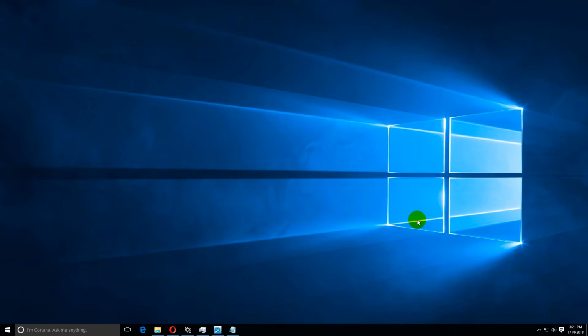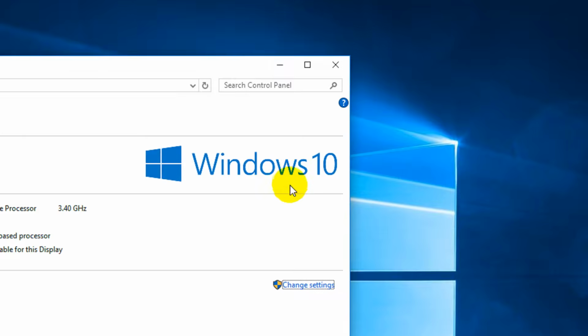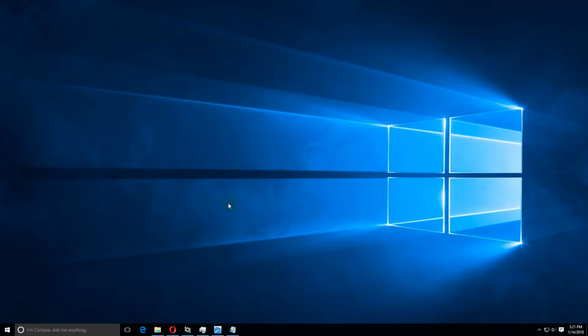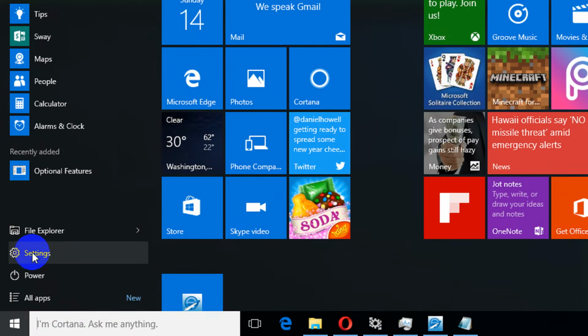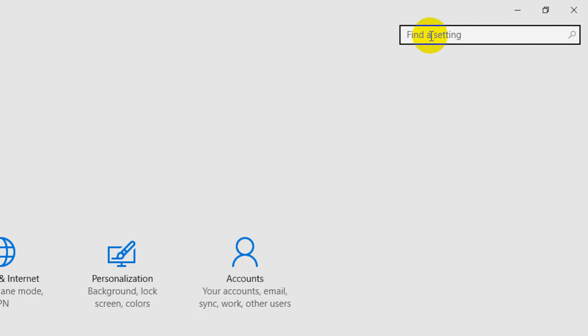Okay, here's a tutorial using Windows 10 on how to add the language bar down here to the clock. To add the language bar, let's go to the start menu and click on settings. And up here in the upper right corner, type in lang